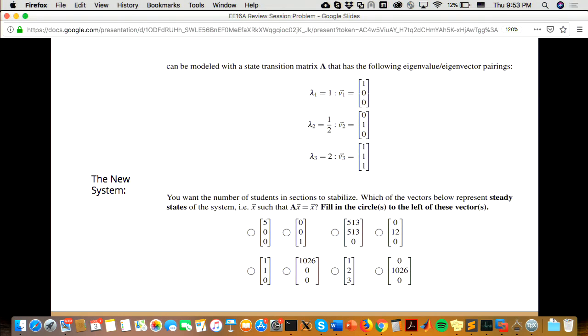So we now have a new system which we can model with a different transition matrix. And without giving you the matrix, we're just giving you some eigenvalue, eigenvector pairs. So this kind of question is where intuition comes in very useful, because if you can basically look at the eigenvalues and eigenvectors and understand, oh, okay, if I have an element that's going to be aligned with V1,